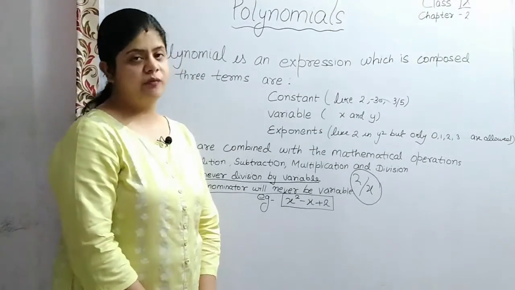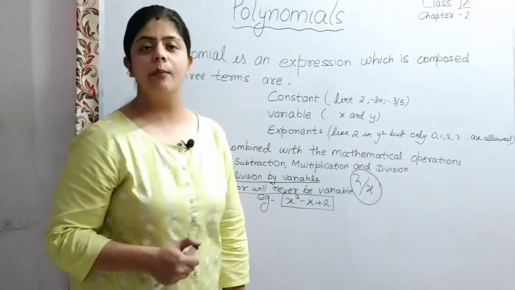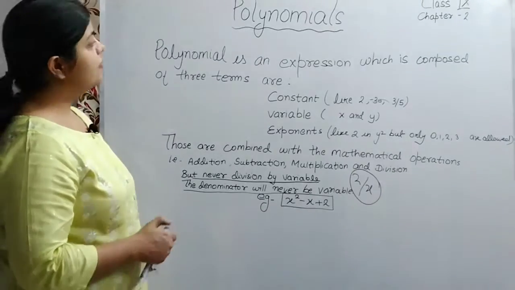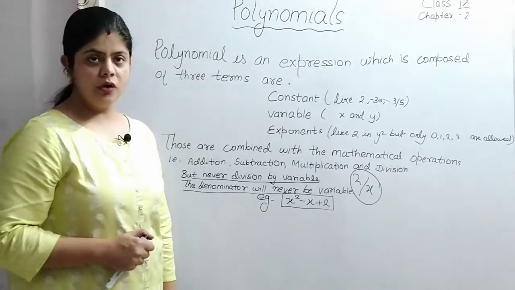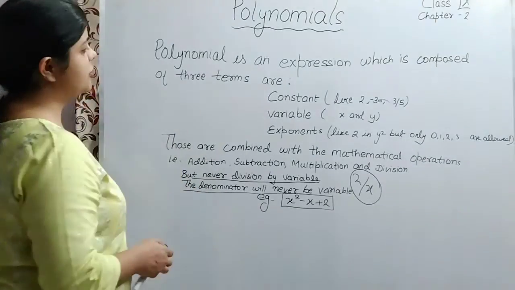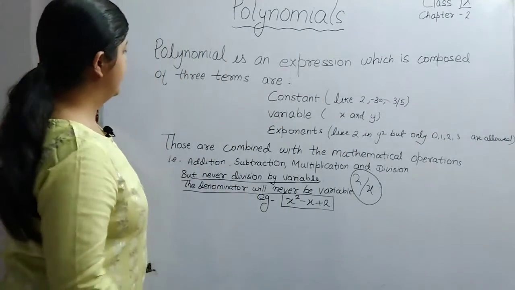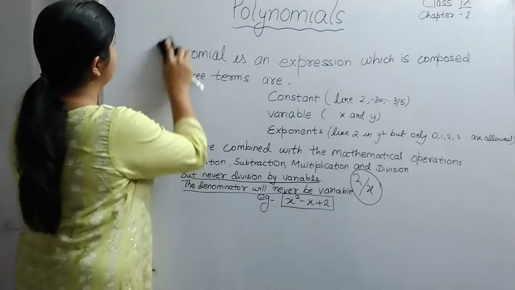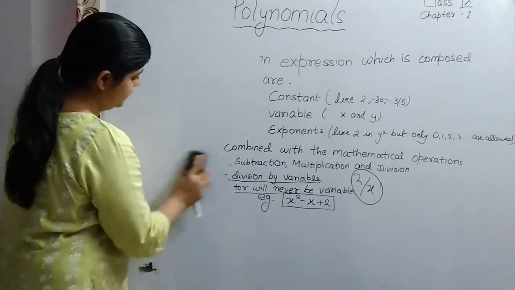Now the types of polynomials. There are three types of polynomial: monomial, binomial and trinomial. Now we are going to solve some questions from the NCERT book. Some viewers are demanding that I solve these questions, which I am going to write here. If you have any problem related to this, you can comment in my comment box. I will clear it in my next video.